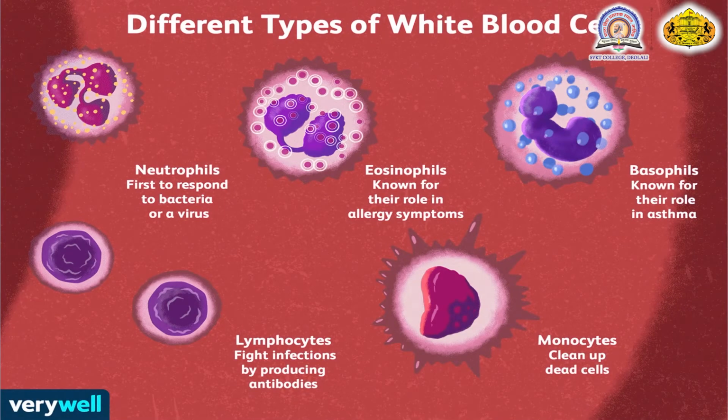Now, these cells are shown in this picture. These are all called white blood cells. The phagocytic cells, macrophages, monocytes, all of these are called WBCs or white blood cells. Why are they called white blood cells? They do not contain any pigment like hemoglobin, which is present in the RBC. That's why they are called WBCs or leukocytes. Among these different types of white blood cells, some are phagocytic and the remaining are non-phagocytic in nature.